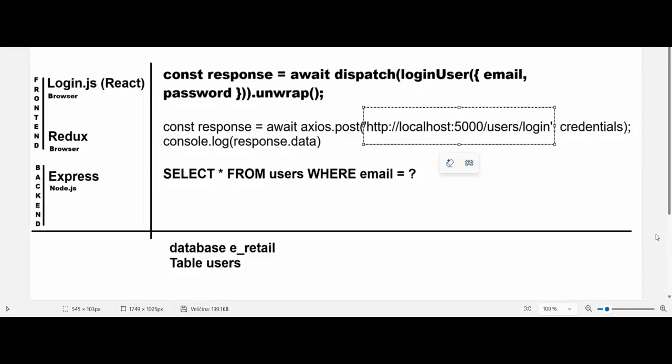Login.js dispatches login user's email and password, login user thunk function. Login.js dispatches email and password to login user, login user sends request to Express, Express web application. Express is running on Node.js, Login.js and Redux running in browser. It is front end. It is about user interface. Login.js and Redux is about state, global state. Express web application, coded in JavaScript, running on Node.js and communicates with the database, MySQL concretely in this situation,